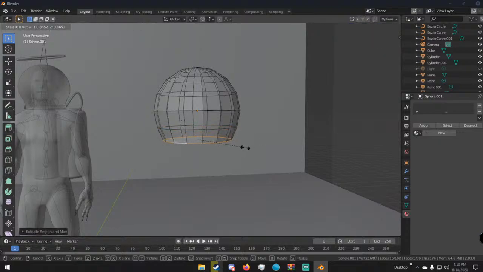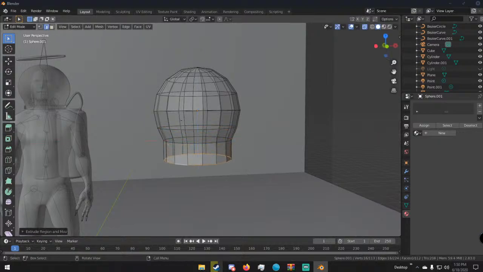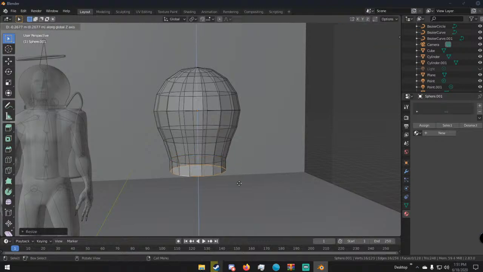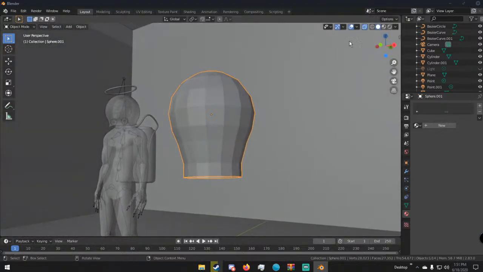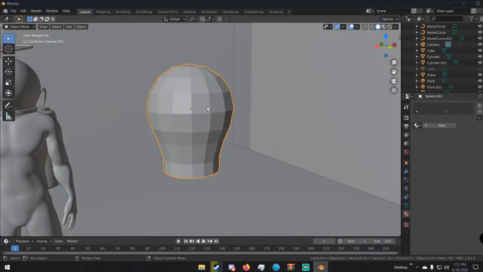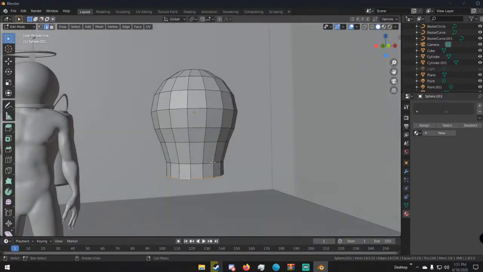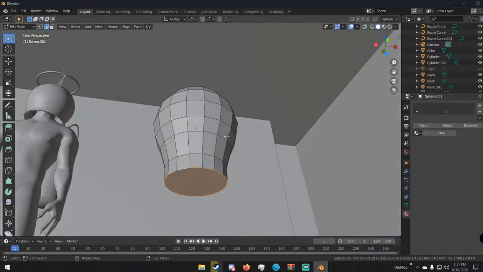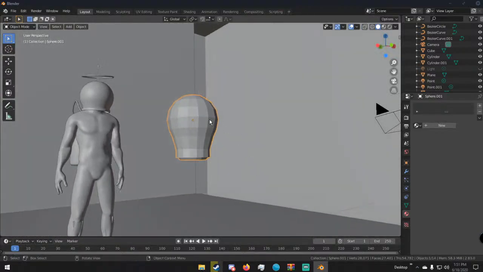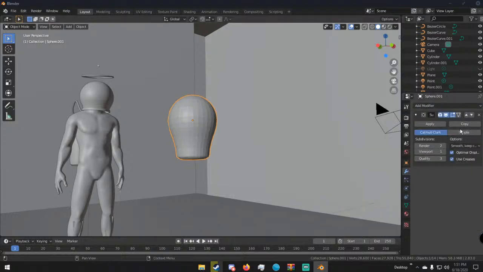Bring it down. Bring it down. Okay, so that'll work as a very simple light bulb. I want to fill that and then inset it and bring it out to like here. Bevel it maybe. So that'll work as a very simple light bulb. And then what we can do is add a subdivision surface modifier and put it like yay big and shade smooth, and then just copy